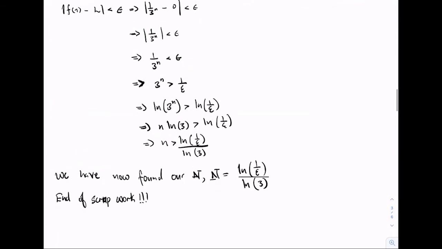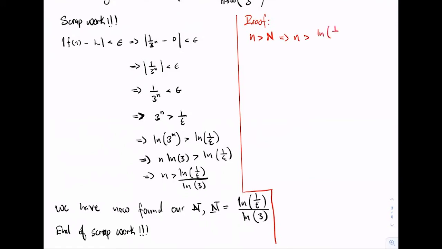So after completing our scrap work, we can always do our proof. And here I'm going to do the proof alongside the scrap work so that we can see that the essence of the proof is coming straight from the scrap work. So now, proof: we say n greater than cap N implies that, whatever the cap N is that we just found, we'll take that and insert it. So here we take n greater than ln of the reciprocal of epsilon over ln of 3,